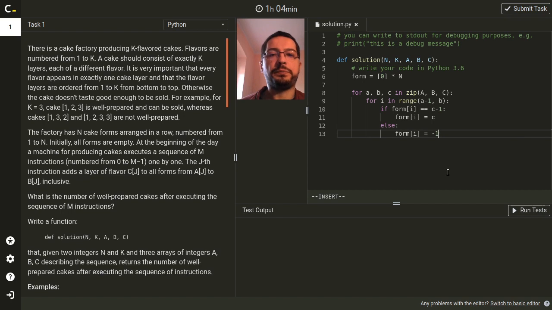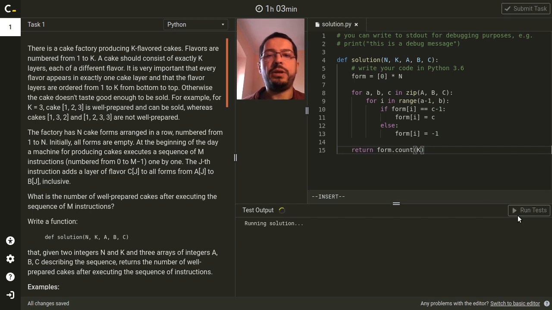-1 here. Finally, I need to calculate the number of forms that have k as the topmost element, and I can use a standard Python method count to do this. Okay, so running